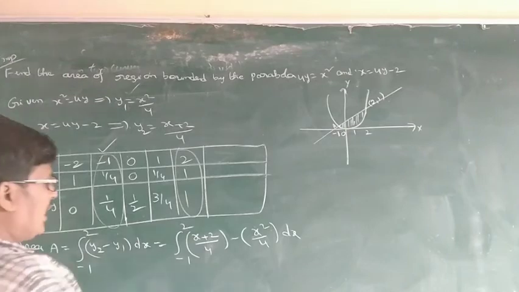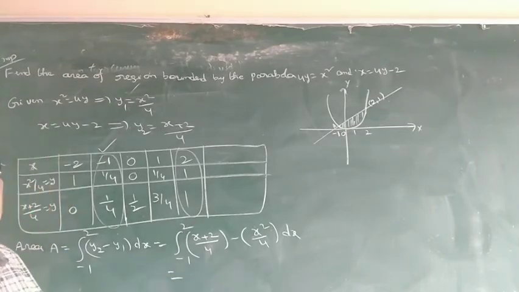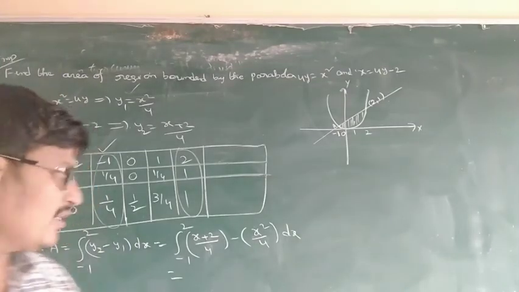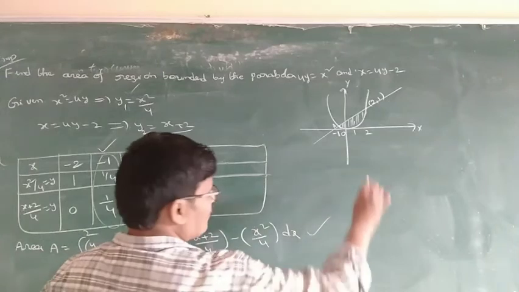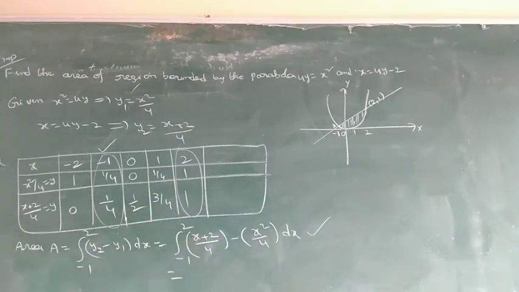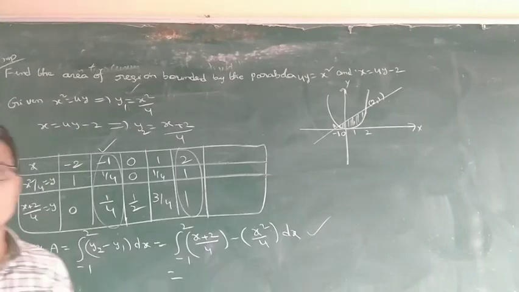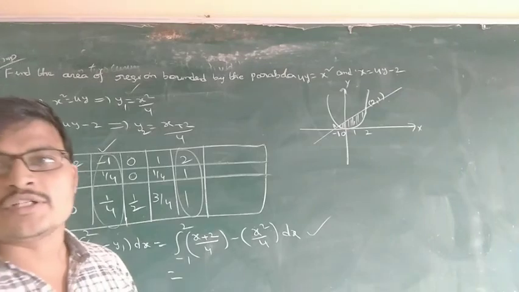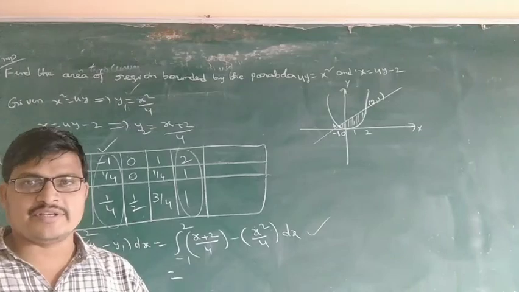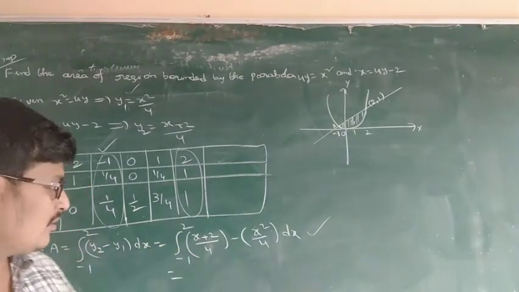So we have to integrate and get the answer. Okay, this is homework. The integral of x by 4 is x square by 2, so this we have to do. So the application of integration chapter is completed. Tomorrow let us go to the next chapter, differential equations. Okay, you do it.